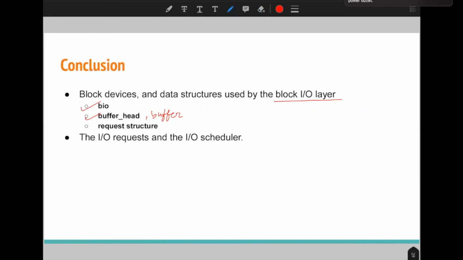Then we discussed the request queue, because the request queue contains all the requests that are scheduled by a scheduler. At the end, we discussed different kinds of IO schedulers, which schedule different requests and put them into the request queue.